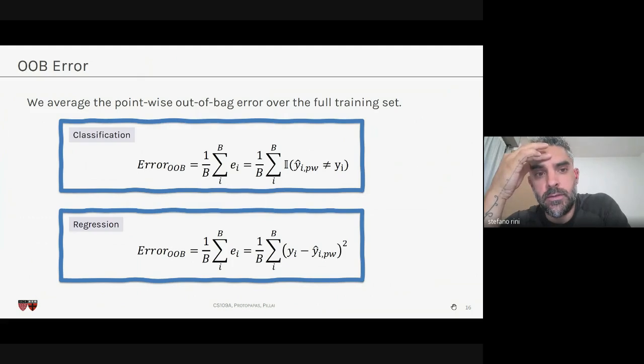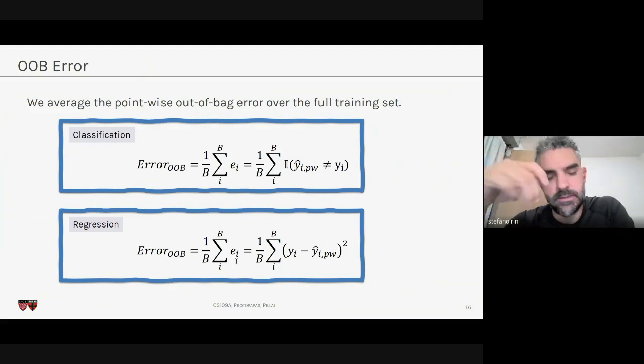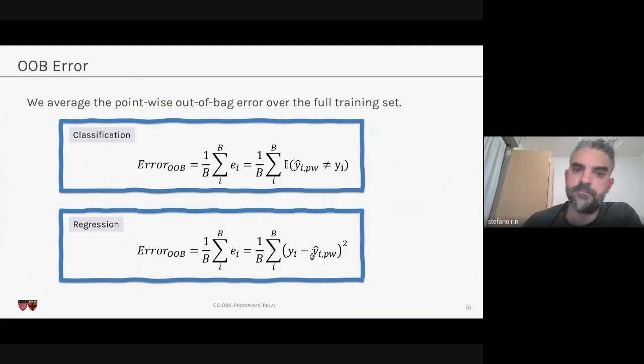So then you look at the error that you produce. As we said, here you divide over the number of trees in the bag for the error for each label. And here you have again 1 over the batch, the sum of the misclassification error, and for the MSE 1 over the batch, the error over the single elements in the batch, and then you average over the batch size. Okay.